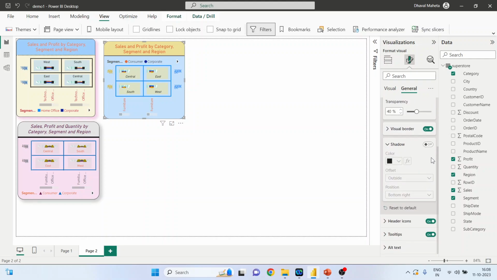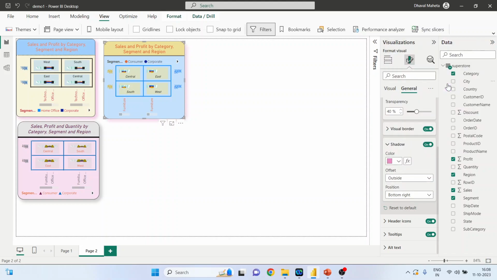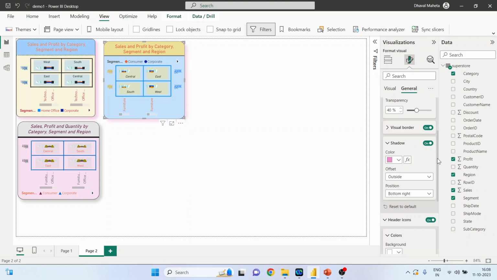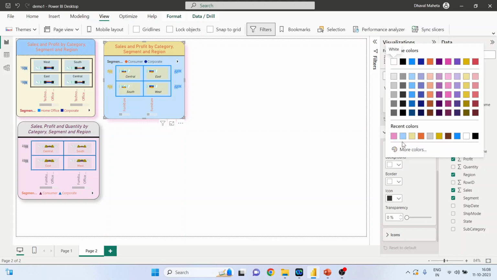Do you require the shadow? Activate it. The shadow will appear. You want outside or inside shadow? Keep it outside, bottom right. And you can select the color of the shadow also. Header icons. So it is related to this. I already discussed about the header icons in my previous videos. Kindly refer. So if I change the background of this, see